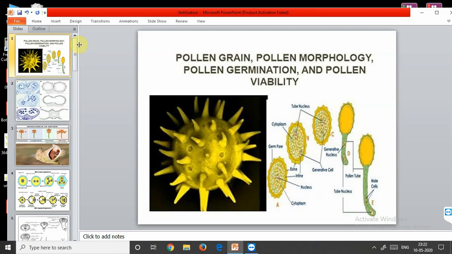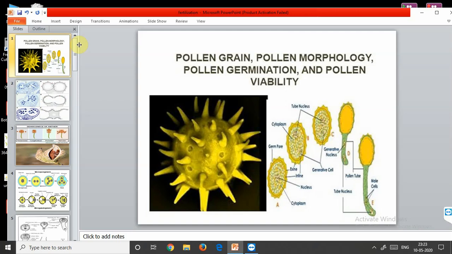So usually they are round in shape, and the shape varies. Now, pollen grains are surrounded by two distinct layers, the exine and the intine. So, the exine, I told you, is a very thick layer and is made up of sporopollenin. Sporopollenin is a substance that is very hard and was found to be preserved for a very long time, and that's the reason why pollen grains are found in the fossils. Then the inner layer was the intine.